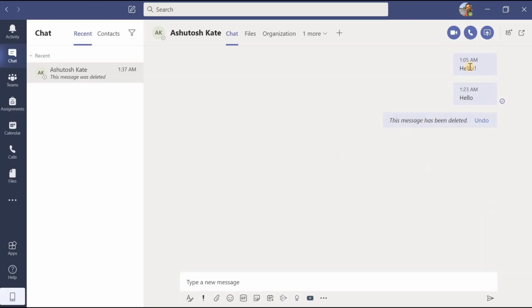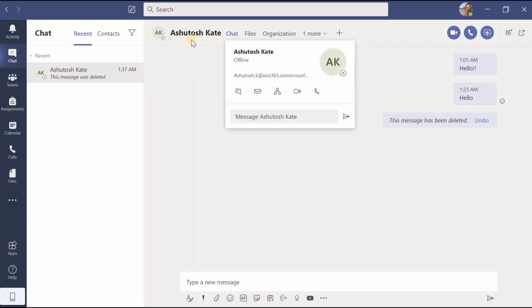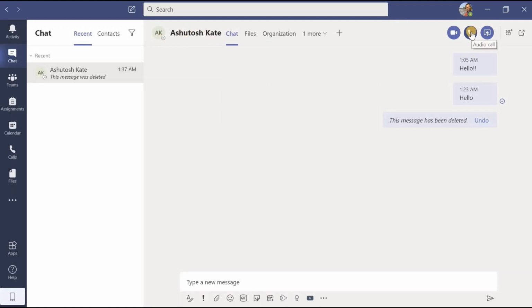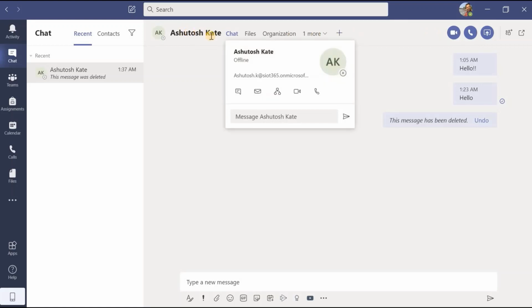Now, suppose I want to make an audio call. You have to pay attention towards the uppermost right corner. I have initiated the chatting with Ashutosh Kate, but I want to make an audio call. Here one more option is there. To make an audio call and video call to Ashutosh Kate, two options are there. By using these two buttons, I can make an audio call and video call, or I can move the cursor on his name, and from here as well, two options are there,